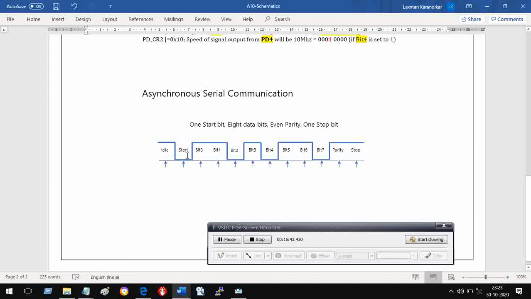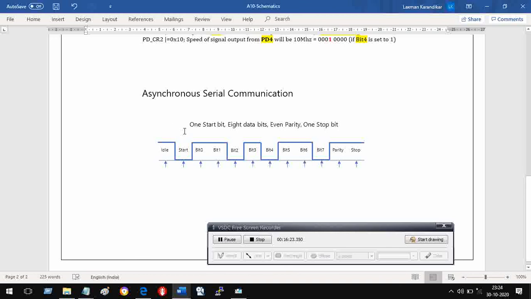One start bit, you can see this one start bit, 8 data bits from bit 0 to bit 7. There are 8 data bits, and this is just an example. Then there is even parity and one stop bit. Afterwards, it will idle until the controller or the device wants to send data, so it will keep idling at level 1. The stop bit has to be level 1 and it continues to idle at that level. This is the way the data will move.